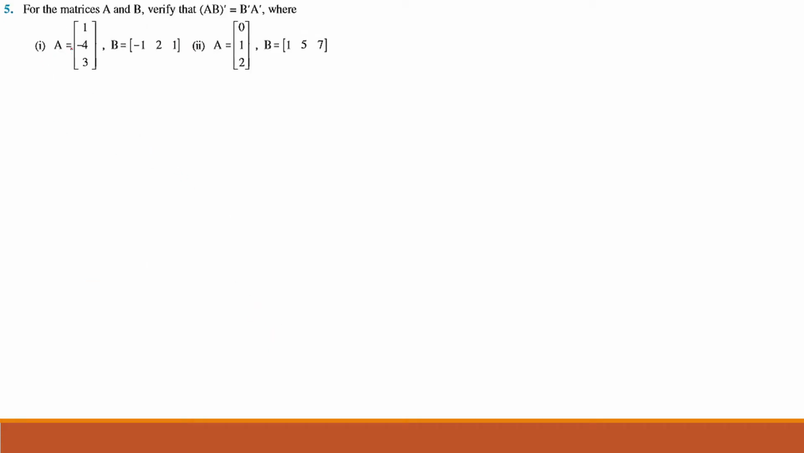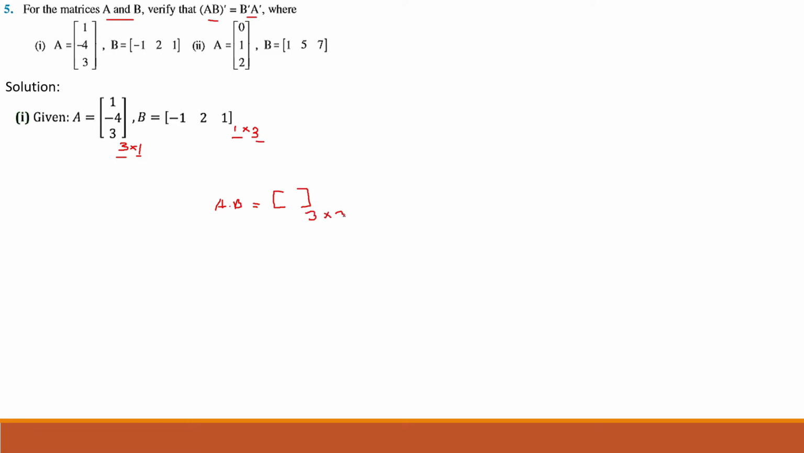Alright, in the fifth problem, matrices A and B are given and we have to verify that A into B the whole transpose is equal to B transpose into A transpose. So let's solve the first question. Here we have to do A into B. For matrix multiplication we know that matrix A's columns must be equal to matrix B's rows, and the answer of A into B will be given by matrix A's rows by matrix B's columns, a 3